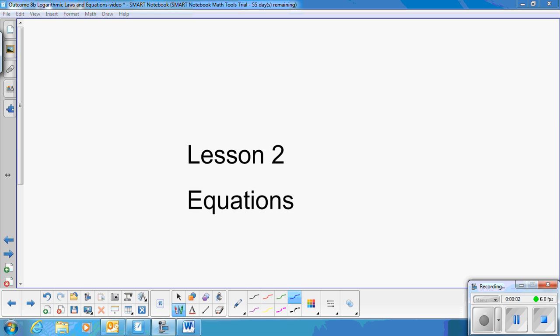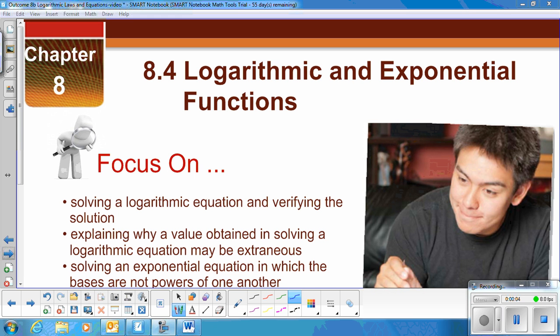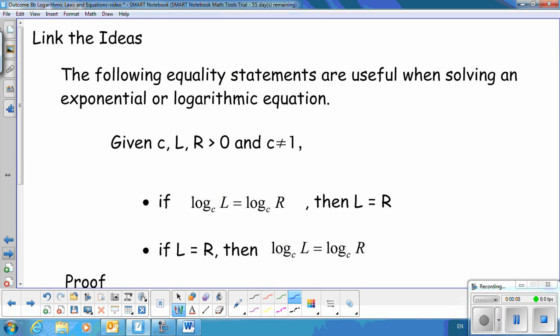Lesson 2, Equations. Logarithmic and exponential functions. The following equality statements are useful when solving an exponential or logarithmic equation. So given that C, L, and R are all greater than 0, and C cannot be equal to 1, then